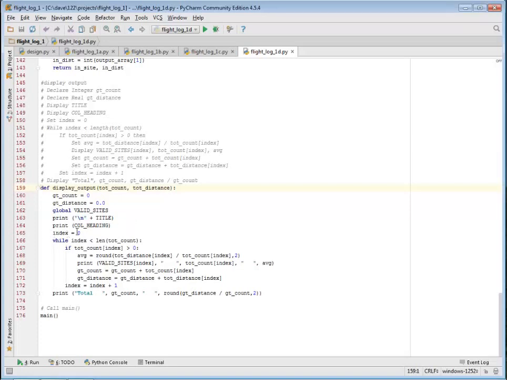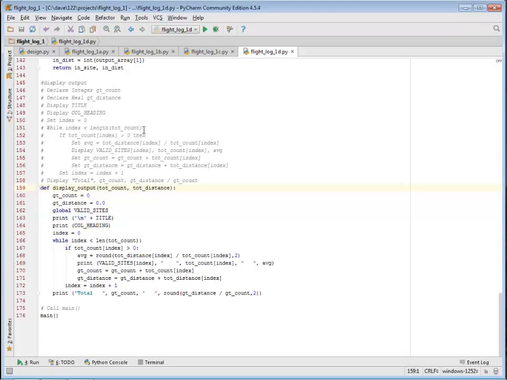And now I go ahead and set my index, and this is the value I'm going to be using to go through the arrays. I'm going to go through the arrays in kind of an old-fashioned, in a much more direct way. It's a little bit more work, but maybe it's a little bit easier to see. So instead of the for structure that we saw earlier, we're going to use a while. And so it's saying while this situation is true,